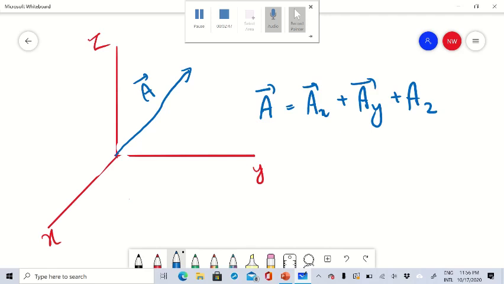The vector A can be resolved into the vector in the x direction plus the vector in the y direction plus the vector in the z direction. We can also write the magnitude of the vector in the x direction, Ax, times i, plus the magnitude of the vector in the y direction times j,